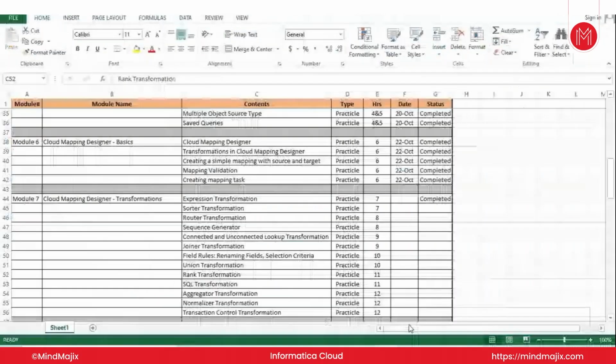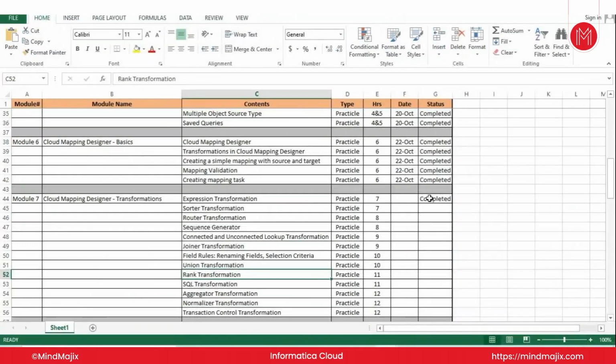So we talked about expression, we talked about sorter, we talked about sequence. What else can I discuss? Actually, today we could have used router instead of that filter, right? I mean, we completed that one too, we can. But router will take a little bit more time. We are just about to reach